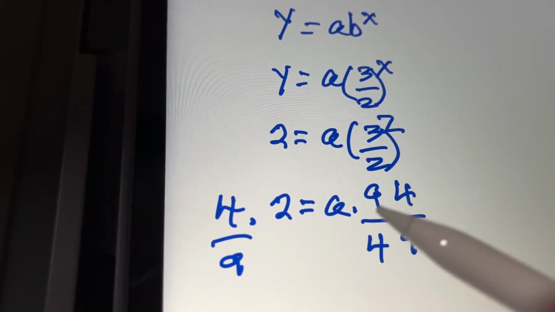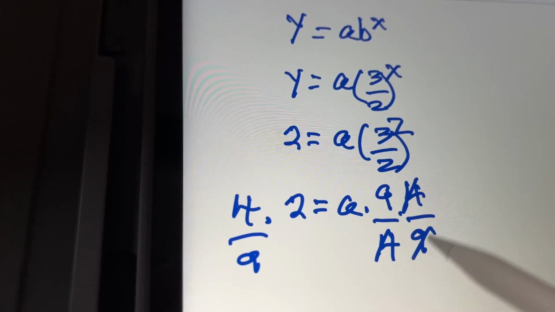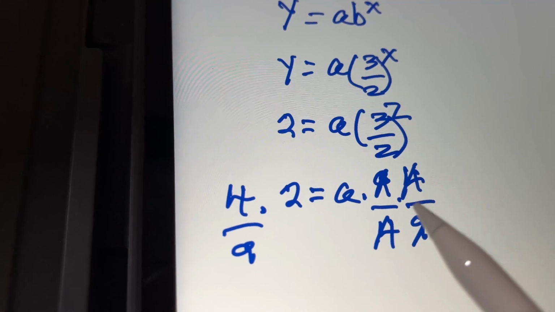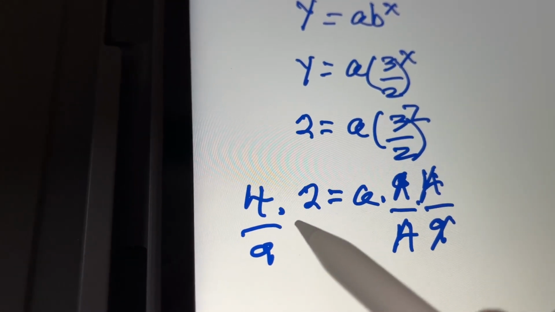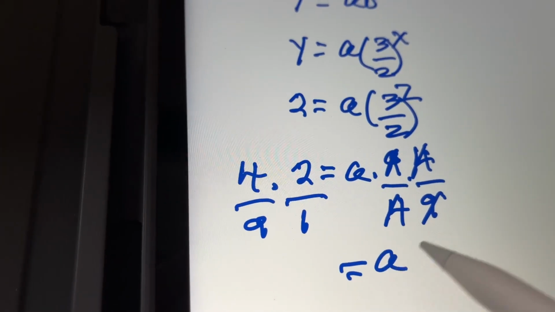So I'm multiplying by the reciprocal of 9/4. The beauty of that is that these numbers cross cancel and I have a by itself. Now remember that whatever you do to one side of an equation, you have to do the same thing to the other side of the equation, and this is 2 over 1 over here. So a equals